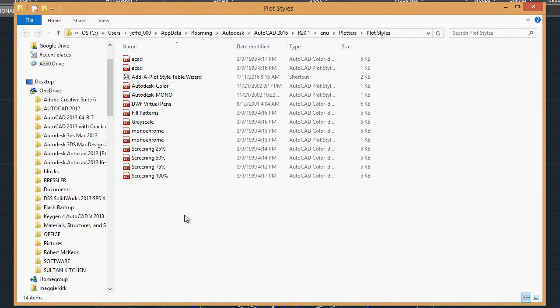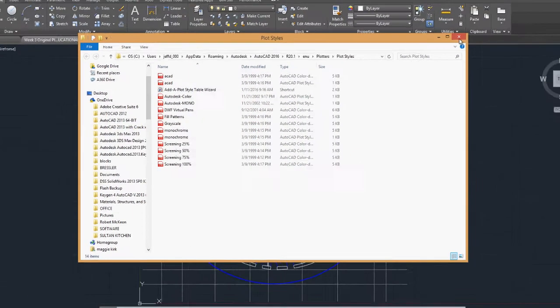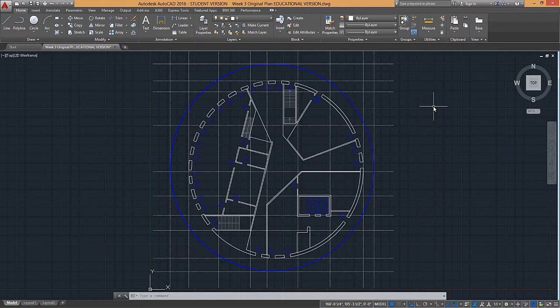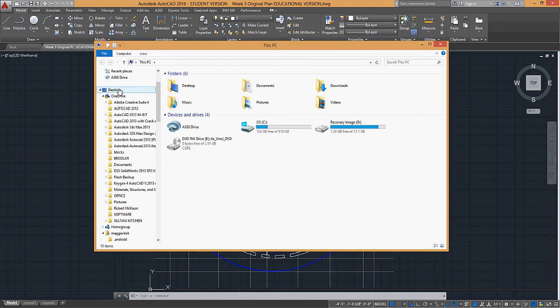Okay, so to edit an existing CTB file, the easiest way for you to do that is to double click on it in the Plot Styles Manager folder if it's in there, and select the Form View tab. So always keep the most up-to-date CTB file in your Plot Styles Manager, or else you won't see your most recent changes. So you might have to copy it into the folder again and override the older copy of the file. So if I go to find my CTB file on my desktop,